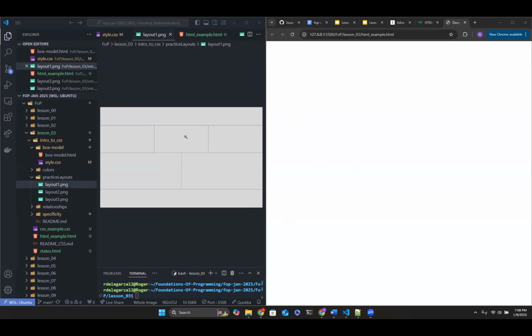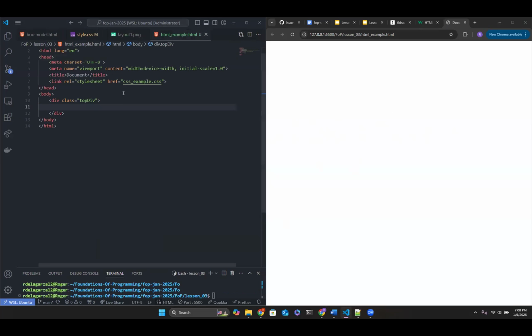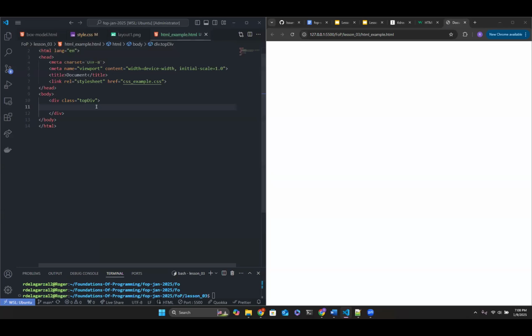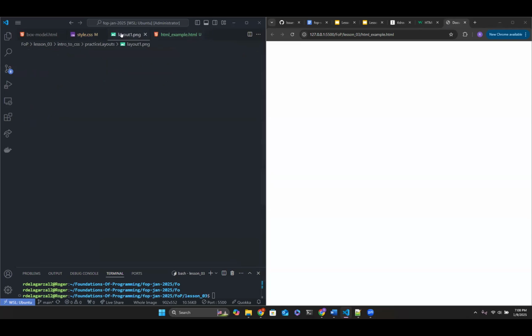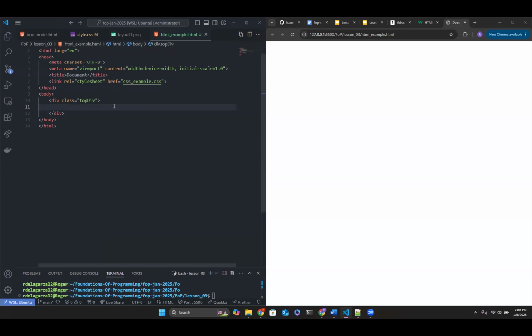This is the layout that we're trying to replicate. And we are trying to make a div to hold all these other divs within here. Here's my HTML example. I created that top level div that's going to hold the 4 layers from left to right of my layout. And I'm going to give it a class name as well so I can manipulate this div because we're going to have a bunch of divs within divs. So we gave it the class of top div. And I'm going to take it one step at a time. I'm going to do the layers first.